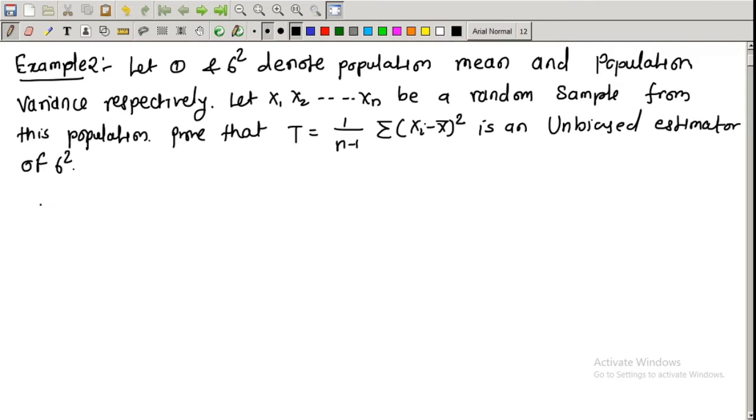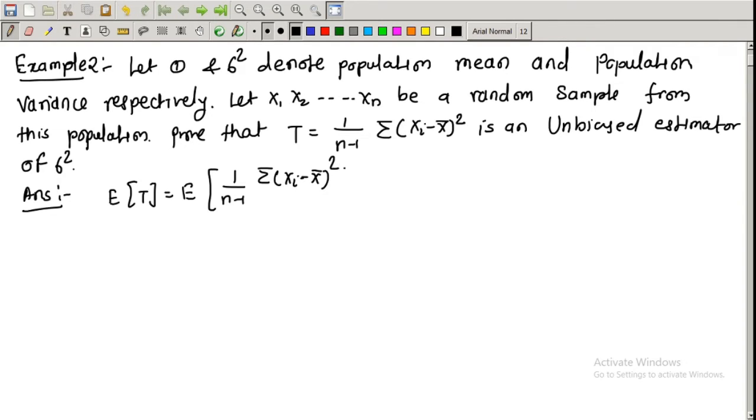So to prove this, consider expected value of t, which is equal to expectation of 1 upon n minus 1 summation of xi minus x